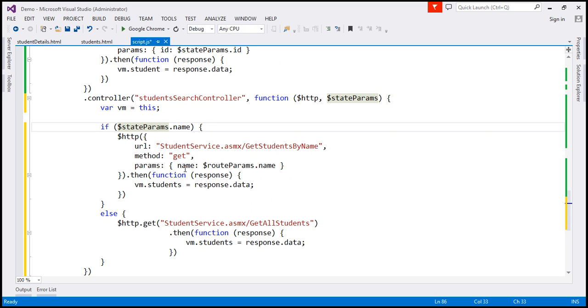If that's the case, then we want to call this web service method get student by name, and then we want to supply the value for the name parameter that this web method has, which is going to return only the student names that start with whatever value we have passed. Else it's going to come into this block and it's going to call get all students web method, which is going to return us all the students. So let's save all these changes and